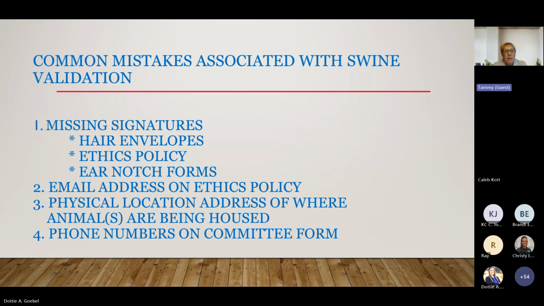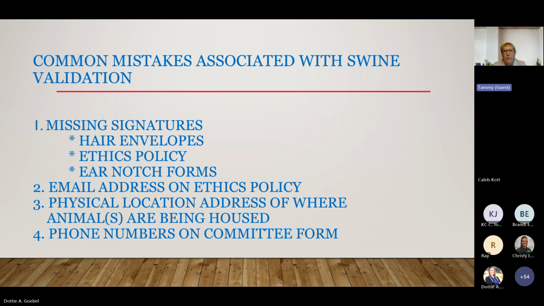This past year, we did change our ear notch form to a single envelope, hoping this would help with some of the processes and collecting information and signatures. And we did have fewer mistakes on our paperwork this year than we have had in the past.